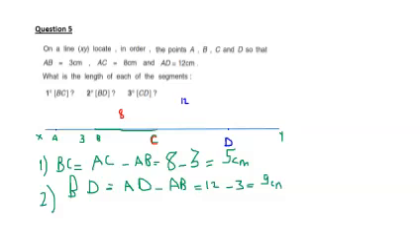Now I need to find CD. CD is AD minus AC. Sorry, it's AC. Let me just erase this. This is AC. Okay, so AD is 12 and AC is